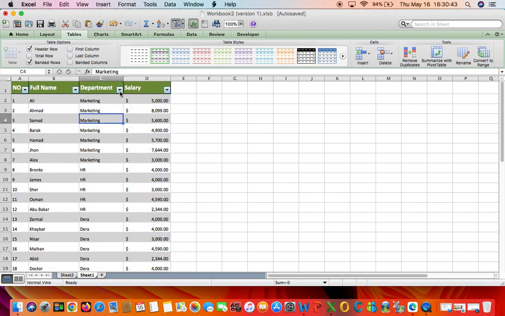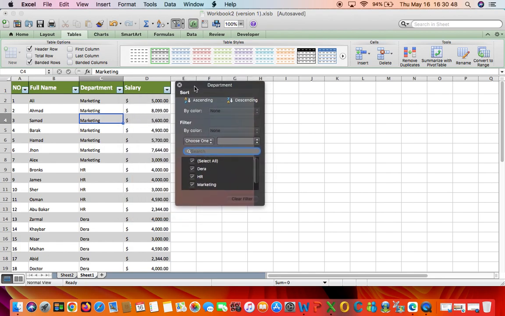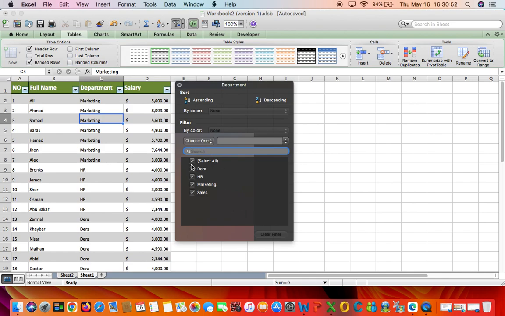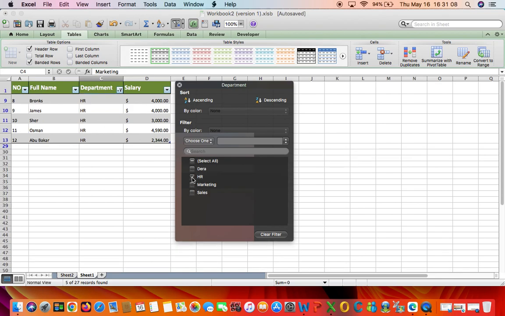So now you can simply click on whatever departments. You can drag the menu and see everything you have here. So let's select the marketing department. It's going to filter all the related employees in their salary record, everything you're looking for. You want to look for HR, you want to look for sales,